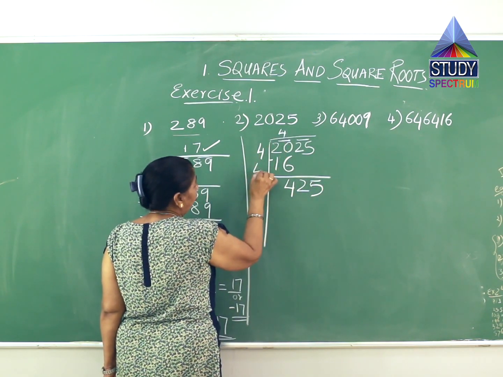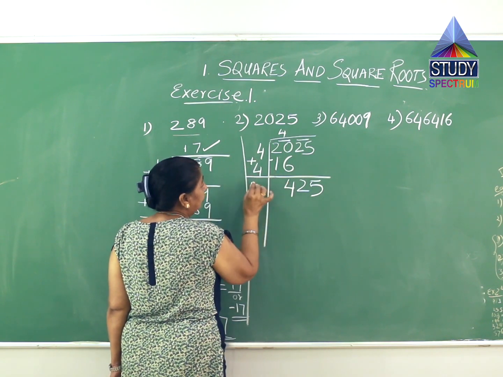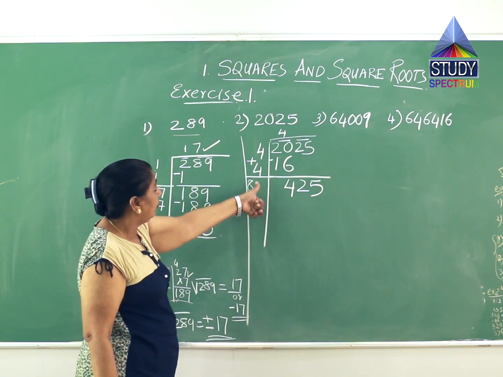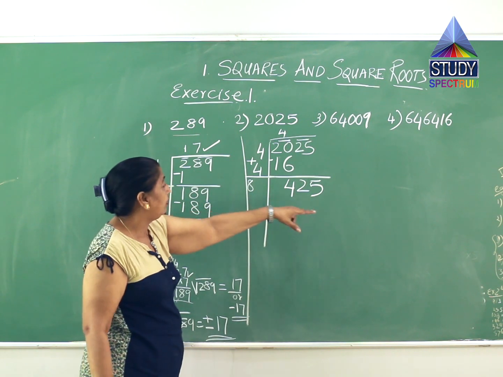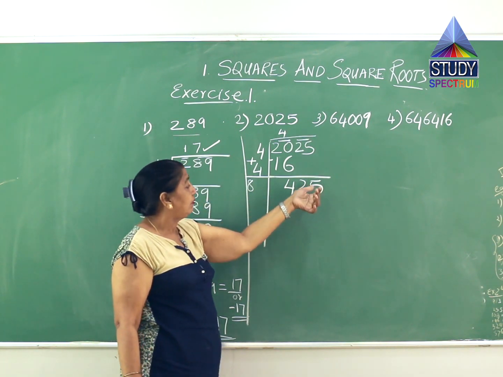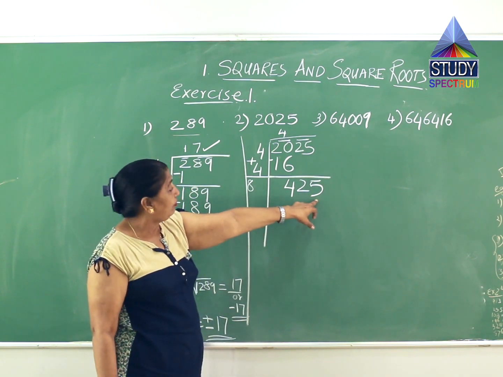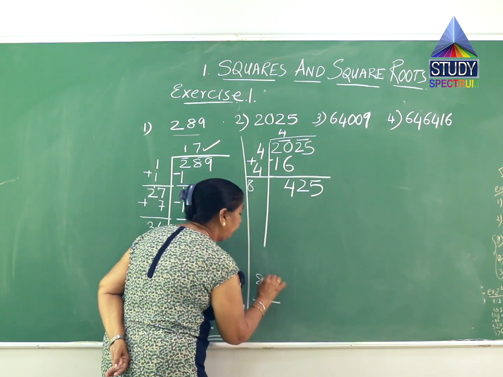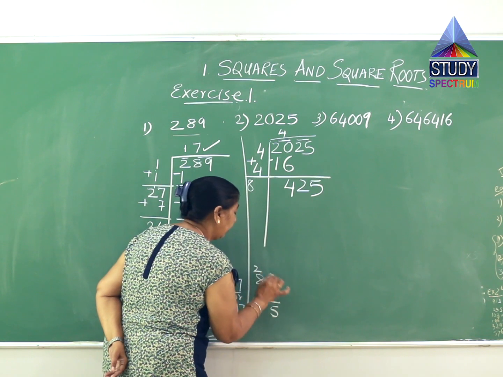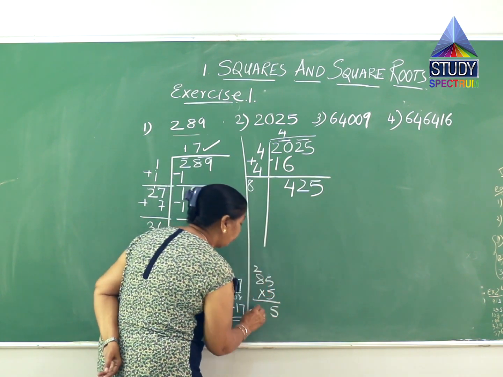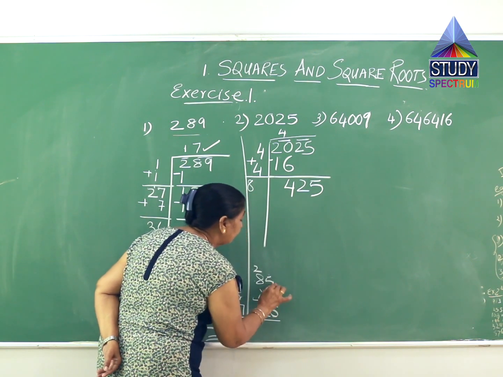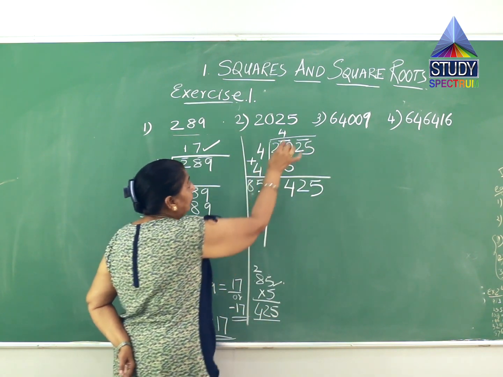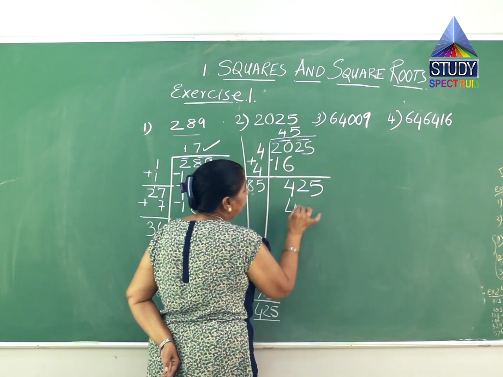I have to bring down this 25 together. You have to add this 4 over here. And this gives me 8. Now again I have to see the number which I'll multiply by this number. It should give me 425. Again we can apply the test for divisibility. As in the unit place 5 is there. So I'll try with 5. So 5 into 5 gives me 25. 2 is carried. 5 8s are 40. 40 plus 2 gives me 42. So this is the correct number which I have to put over here. And when I multiply this number by 5, it gives me 425.